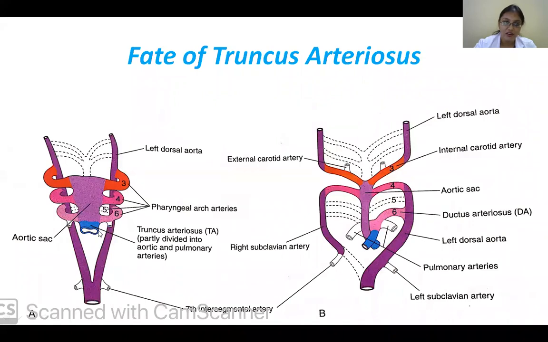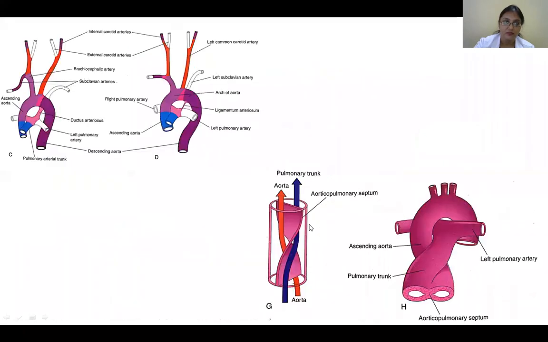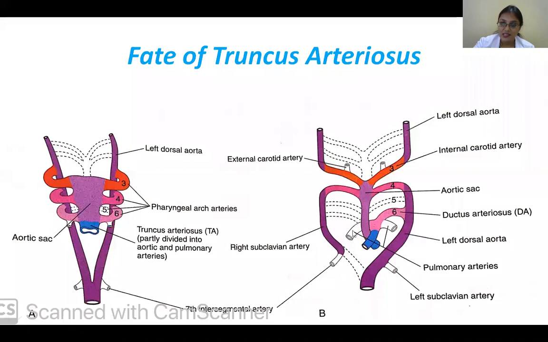Then this truncus arteriosus, where does it lead to? I've shown you a previous diagram. You've got your first aortic arches, which go and meet up with the dorsal aorta, and then first is 1, then later 4. That is your 2nd, 3rd, 4th, and the 6th. And then again they remodel to form the blood vessels of your head and neck region. And then here you see, this 6th arch part disappears, and these will be going ventrally. To what? The developing lungs. So they'll separate and go towards your lungs.